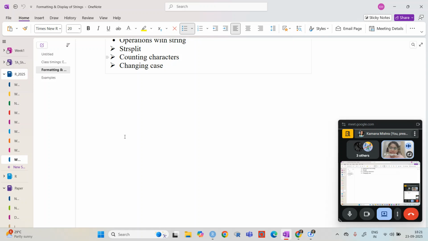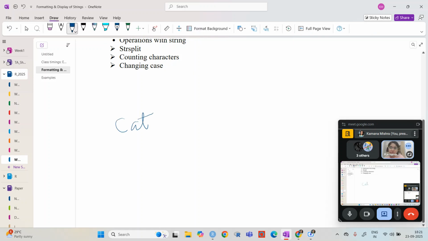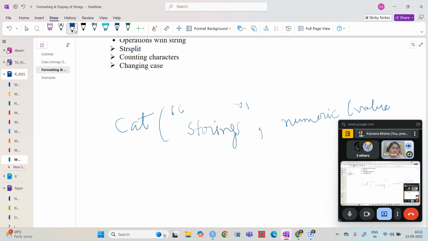In cat, write your strings, and then you need to put a comma wherever you want to put the value. It can be numeric, it can be this, so any kind of value you want to put.